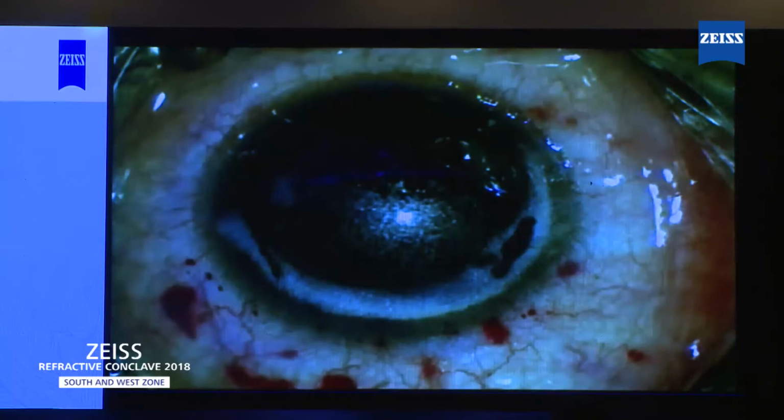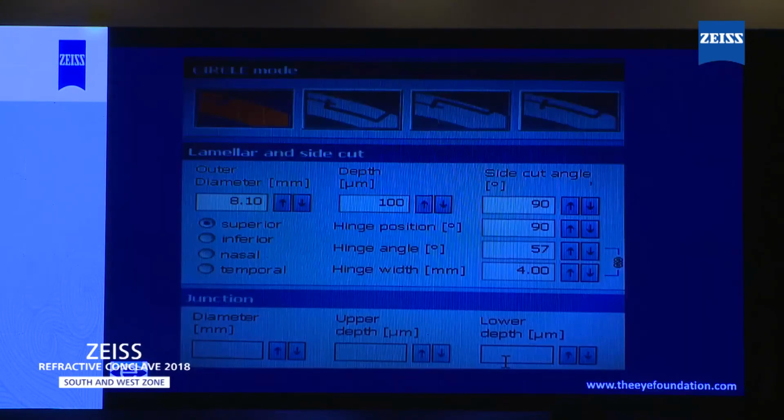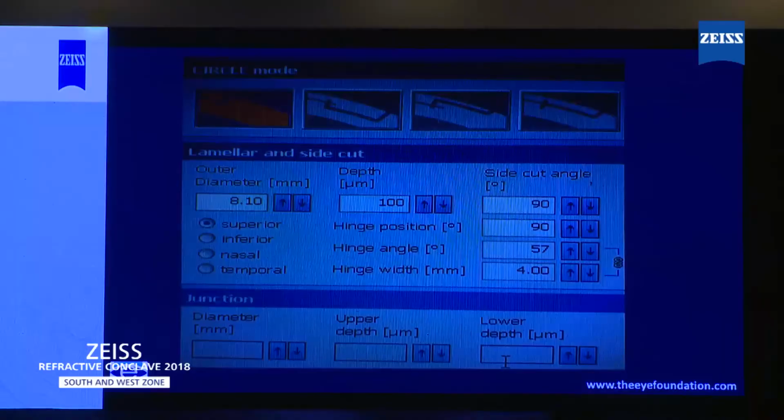The use of a microkeratome would obviously be associated with the complications of a biplanar flap. We could start with a femtosecond LASIK all the way from the beginning with the same flap cut and the side cut, and again risk another suction loss. Or we could abort the procedure and do a surface ablation at a later date. I instead used the pattern A, or the side cut only approach of the Circle software. The only difference that I did was that I reduced the diameter of the flap by 0.5 millimeters in order to compensate for any variations that might have happened in the subsequent centration and docking.